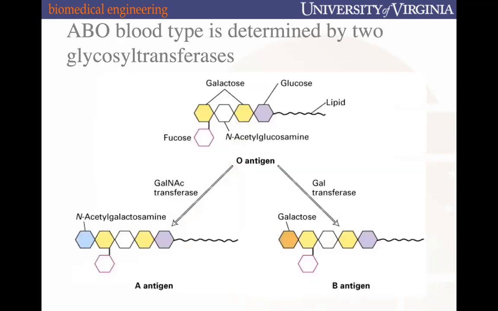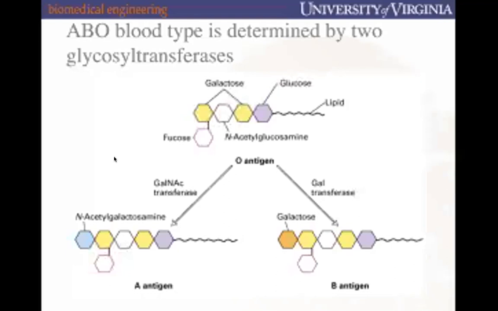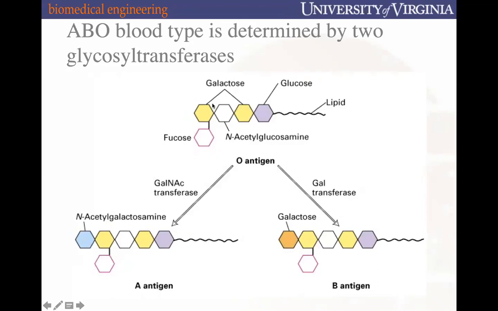And to further demonstrate or show to you the importance of glycosylation events, I tried to walk through and describe our different blood types and how they are determined, and how there's this native lipid that's on the surface of our red blood cells that has this sugar residue on there,